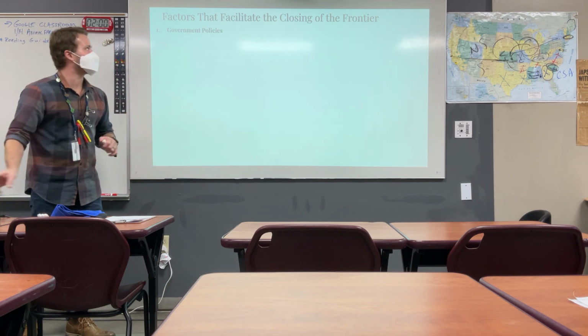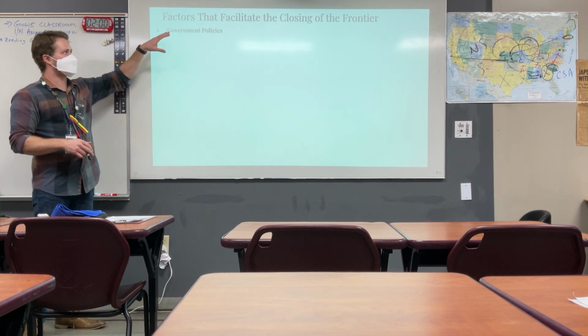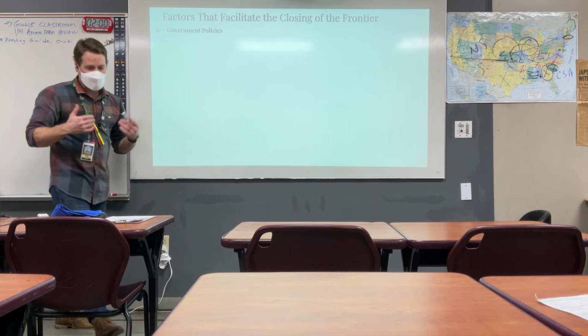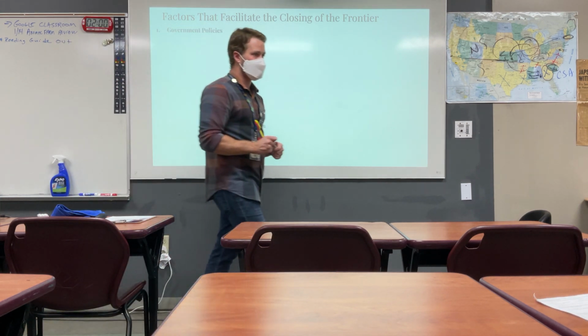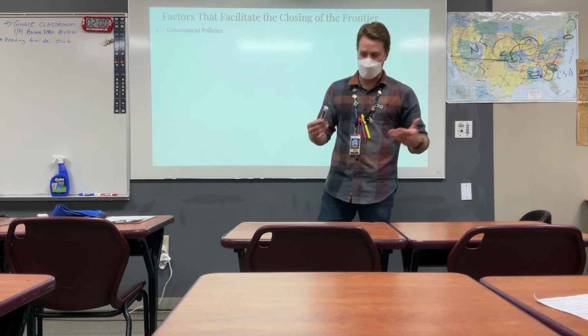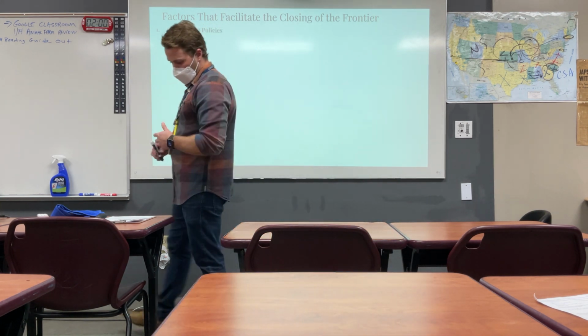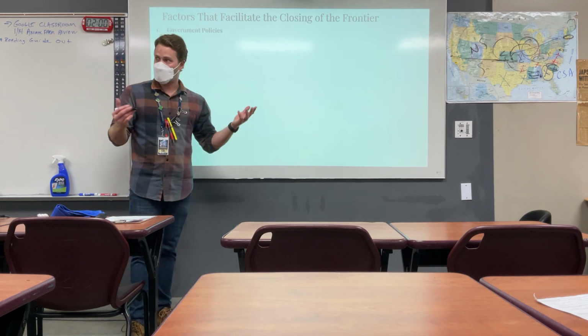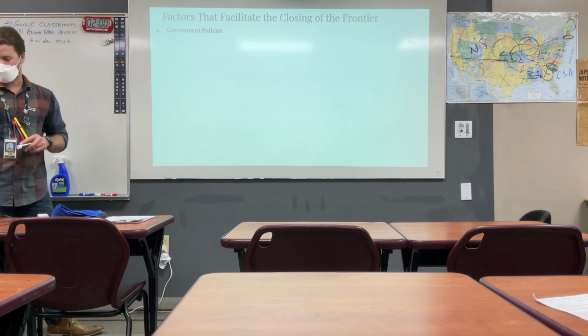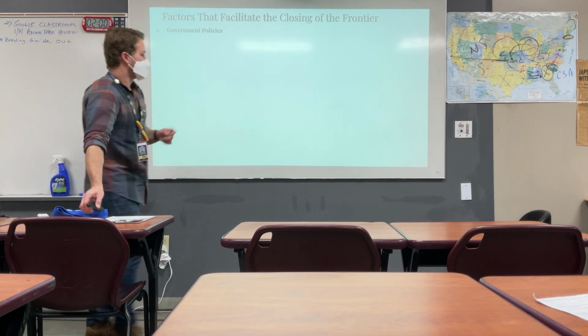So there are a few developments that facilitate the closing of the frontier. And I made you a box for all of them. We have government policies, which we already discussed a few. We have railroad expansion, right? You can't move out westward without infrastructure to make that easy. We have improved technology, some of which we saw in the video on Wednesday. We have mining and cattle, and then a question about what ties all of this together.